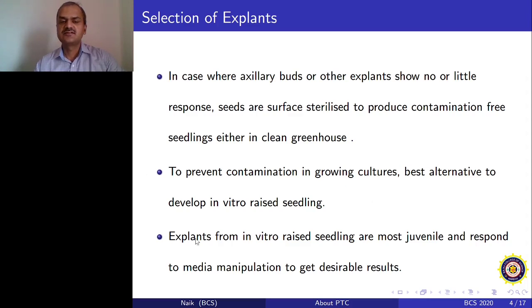So these explants will have the best results under tissue culture practices. It is always good, if you have seeds, to surface sterilize them and inoculate them on a half strength MS basal media or a full strength MS basal media, or even on a water agar media. Any of these nutrient media will give you seedling development, and those seedlings will give the best responses for micropropagation and for developing other types of tissue culture protocols.